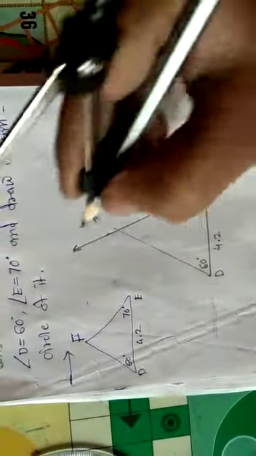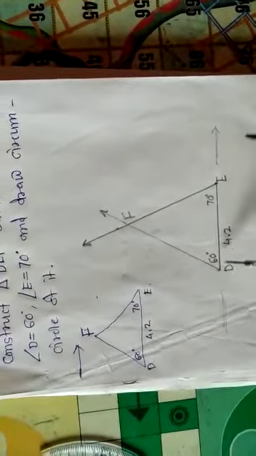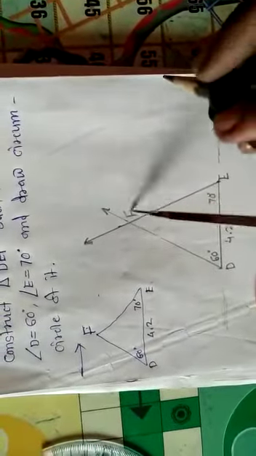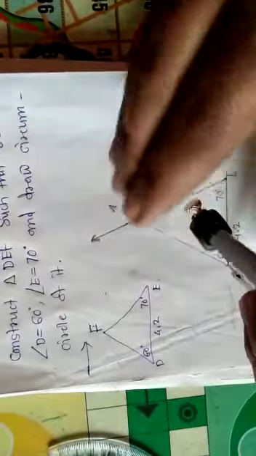Now you want to bisect any two sides of the given triangle. This is the point F. So I bisect side DE and side FE. You can bisect any two sides; you can bisect DF also, but any two sides. Now how can we bisect? Just take a divider of approximate side length and take arcs on both sides.